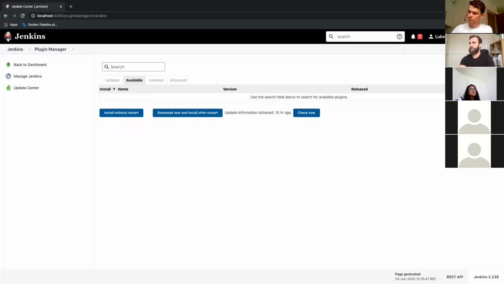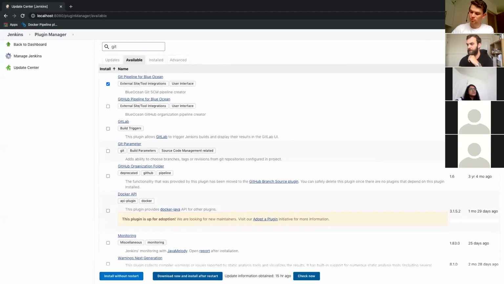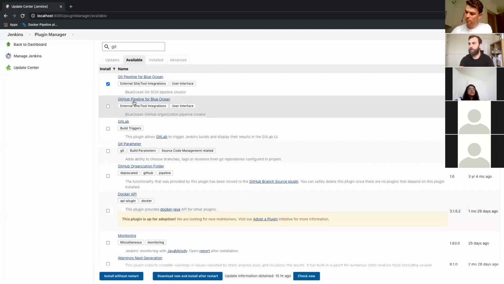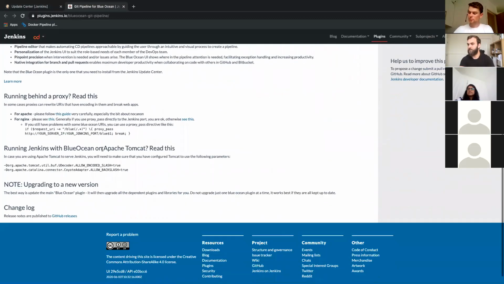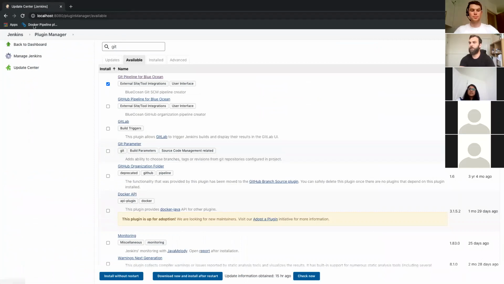So all you have to do on any of those would just be to click it here and then install, and then once it's restarted you have that plugin available to you to use. And if you clicked into here, you'll probably find some documentation information. If it's not on this page, there'll probably be a link. Please follow this guide, etc. There's probably links there which tell you how to use it from maybe the repository page.